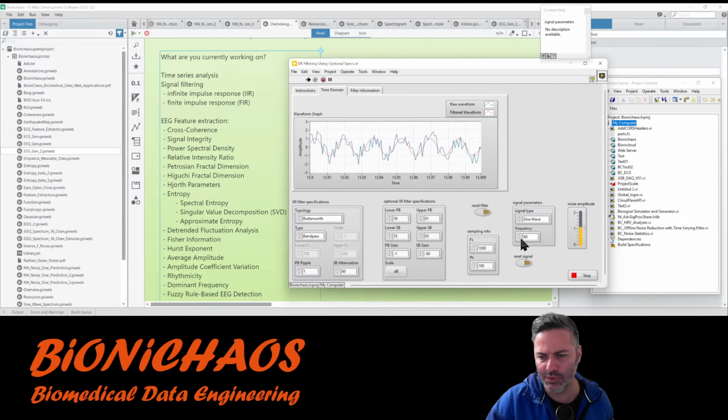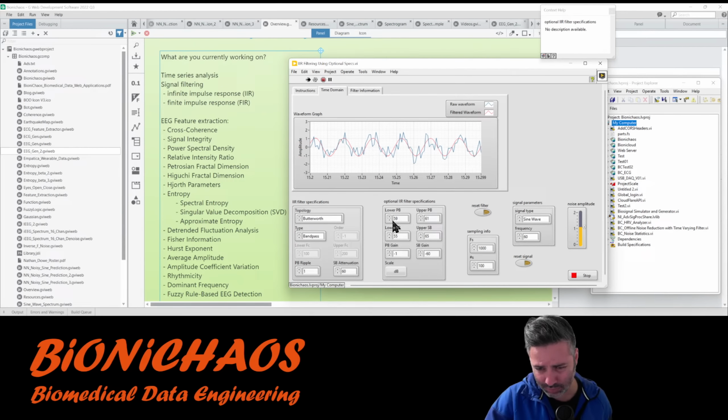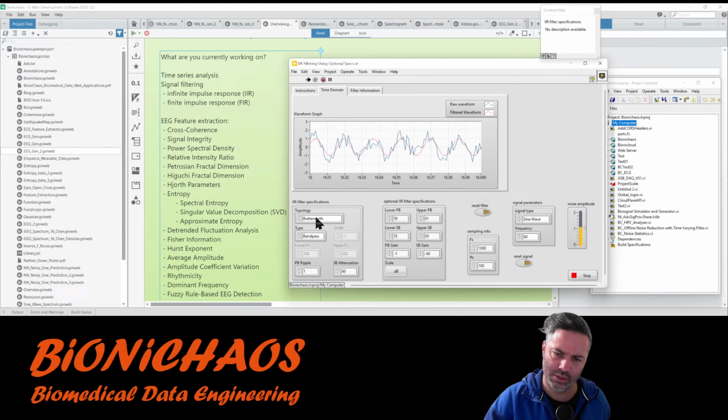It's a sine wave of 60 hertz, a 1K sampling rate. Then we have those filter specifications. Right, so you can see, for example, what was it, 1.3 or something?